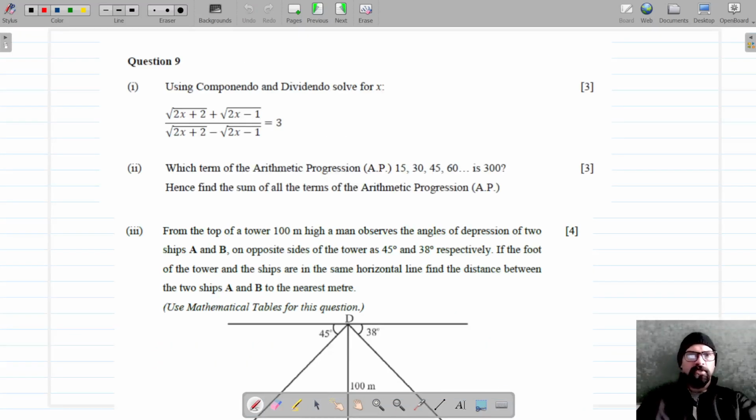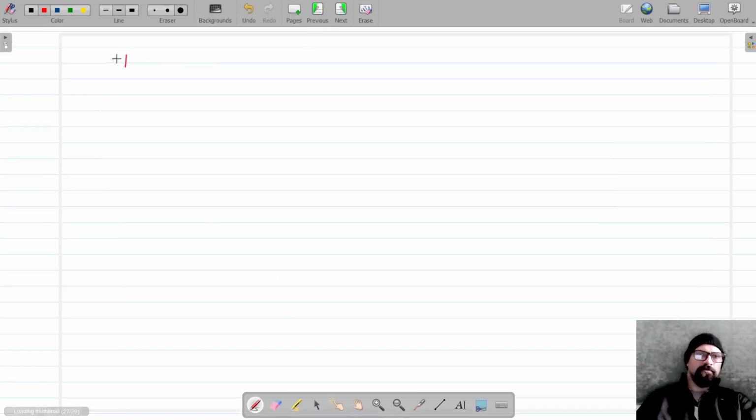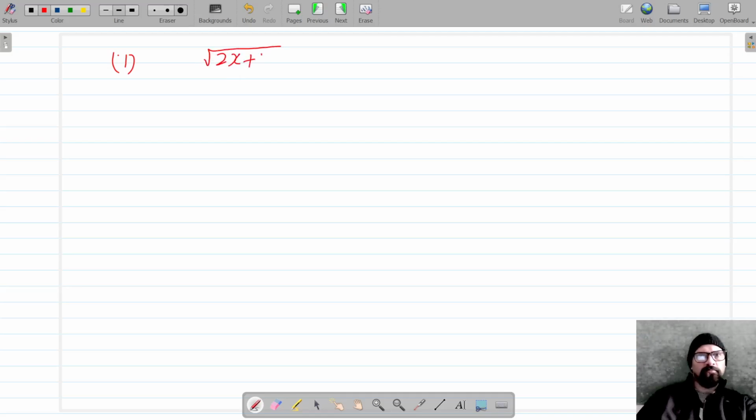Okay, next question, question number 9. We have to use componendo and dividendo and solve for x. So our question is, this is question number 1. The equation is under root 2x plus 2 plus